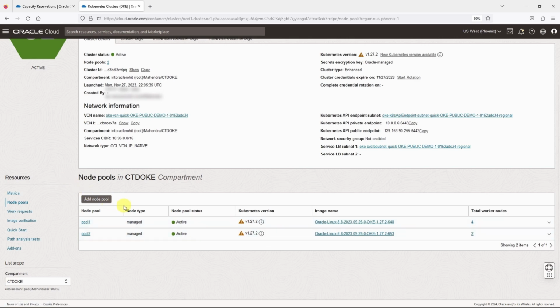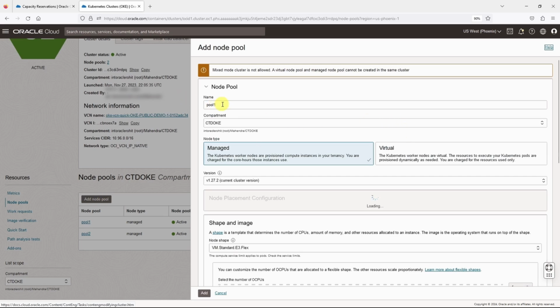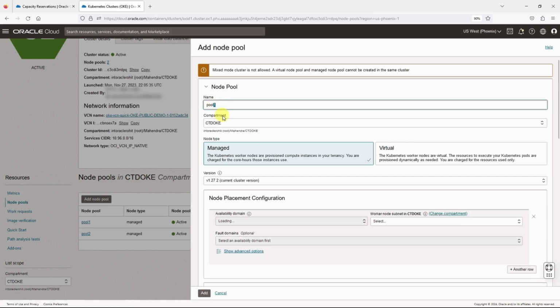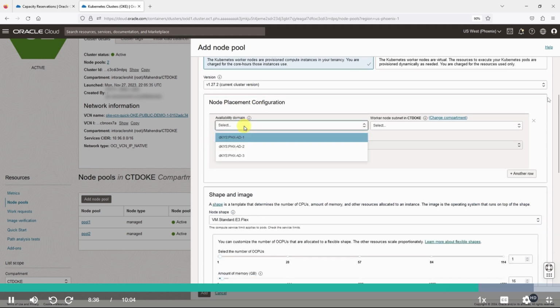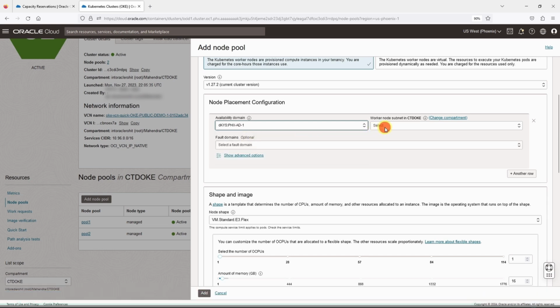We can also use preemptible capacity to provision worker nodes. To use preemptible capacity, you can either update an existing node pool property or you can click on add node pool and you can specify the details for the new pool. Select the availability domain and the worker node subnet. All domains are optional and click on show